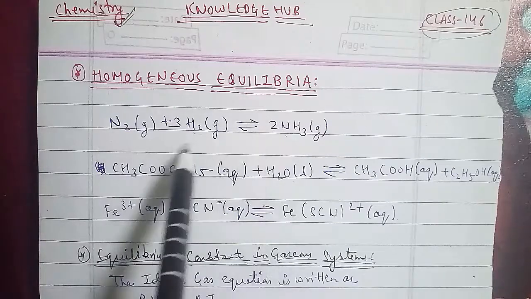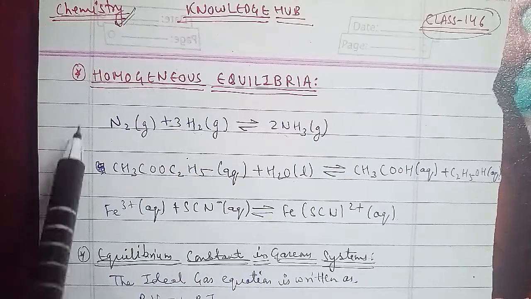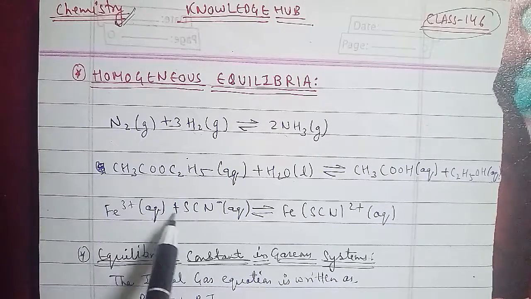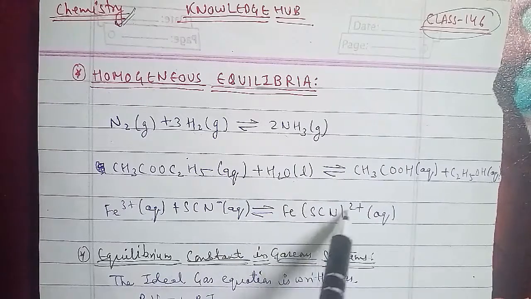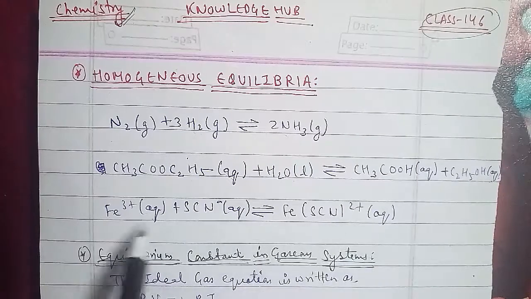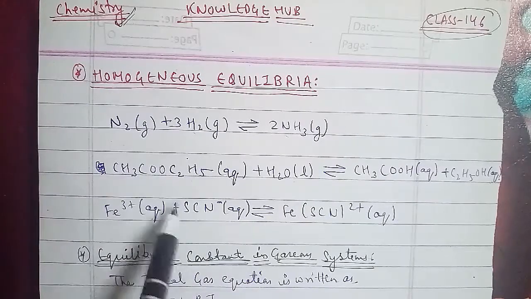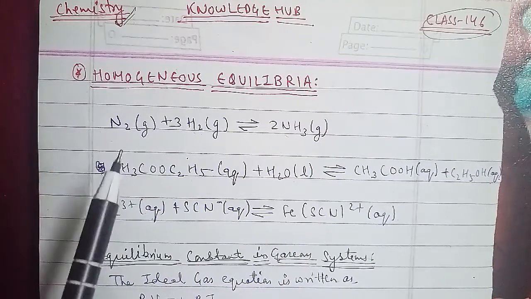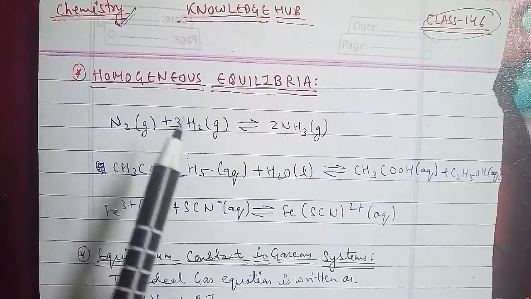If I'm taking another equation, we have Fe3+ in aqueous state plus SCN- aqueous gives Fe(SCN)2+ aqueous here, and whereas Fe(SCN)2+ in the aqueous state gives you Fe3+ plus SCN- aqueous here. In regard of this, all the reactants and the products are in the homogeneous solution phase. So we shall note that we consider the equilibrium constant for some homogeneous reactions here. Further, now we'll discuss the equilibrium constant in the